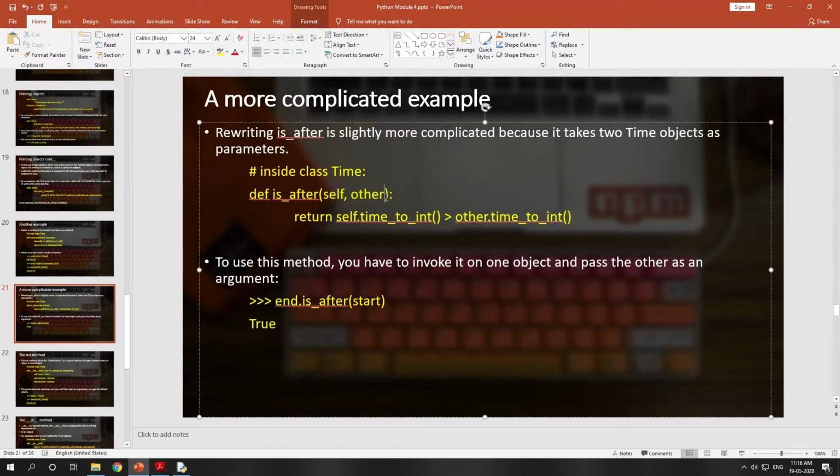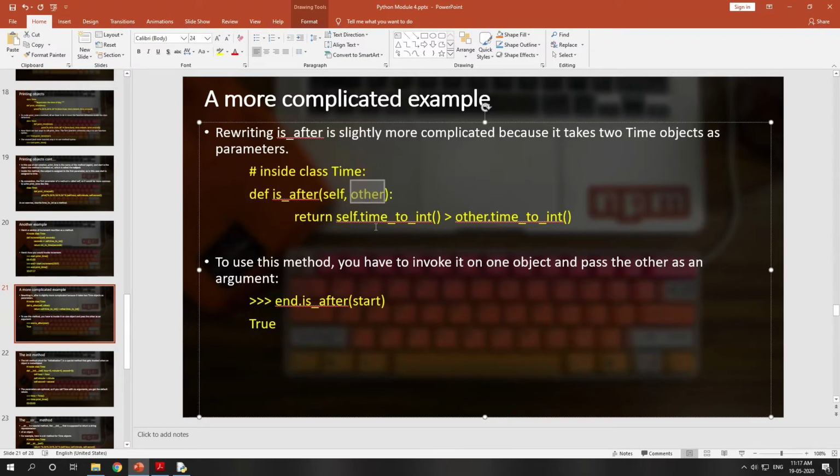With three objects, you can have another one, comma something like rt, the third one. This will be of a third object, but it is not necessary that the third one must be of type class time. It can be anything. But if you declare like this, self comma other, here self will be the time object and other will be a time object. This is the syntax in Python.